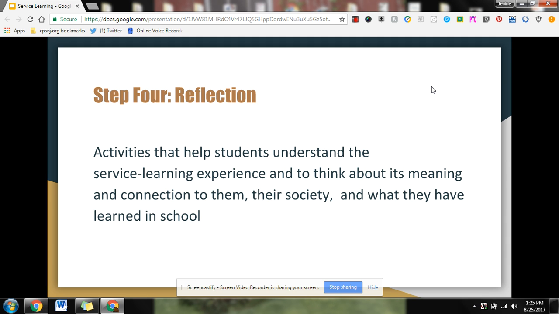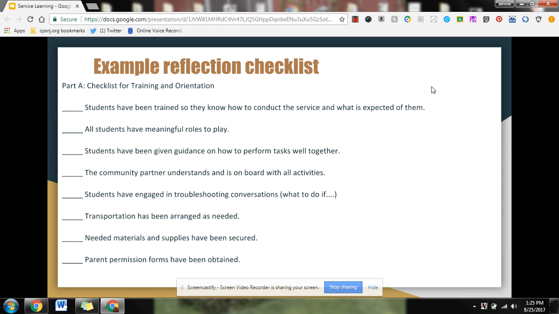Good reflection activities are continuous. They're connected and guided and allow feedback and assessment to help clarify student values. An example reflection checklist is provided here. It gives the students the opportunity to reflect on if they have been trained so that they know how to conduct the service, that they have meaningful roles to play, they've been given guidance, the community partner understands and is on board with all the activities, the students have engaged in troubleshooting conversations, what to do if this occurs,